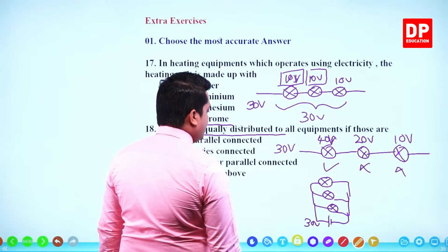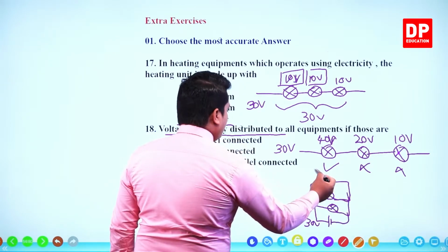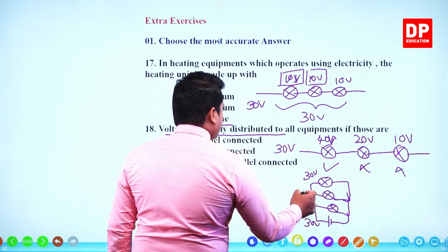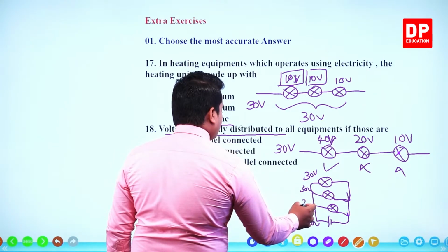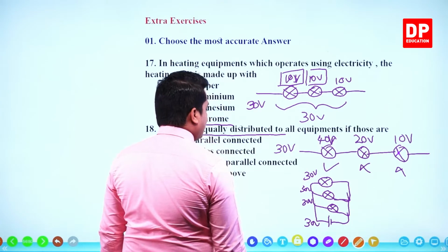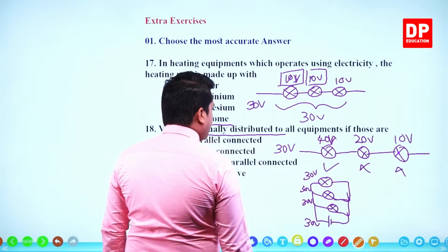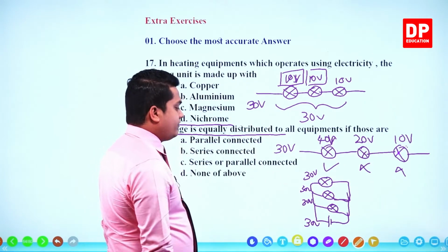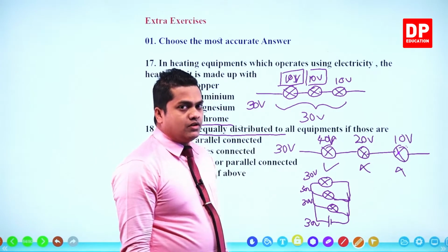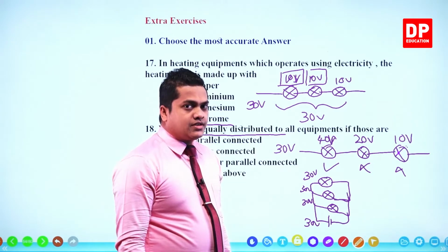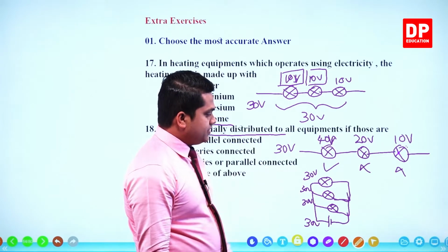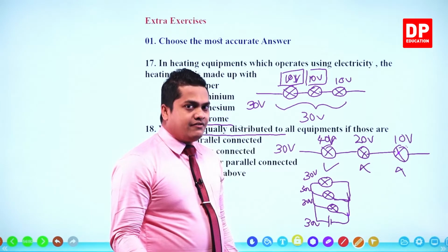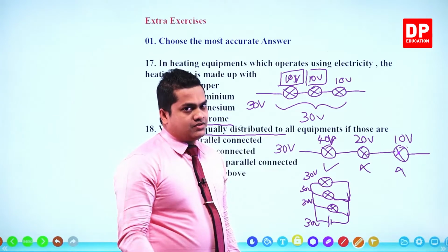Then definitely all of these 3 bulbs would light up, because the voltage across this one is also 30, this one is also 30, this one is also 30. All of these 3 light up, and there is a possibility that this one would burn after some time. But however, the voltage across all of these 3 instruments is the same, even though they are different in aspects,